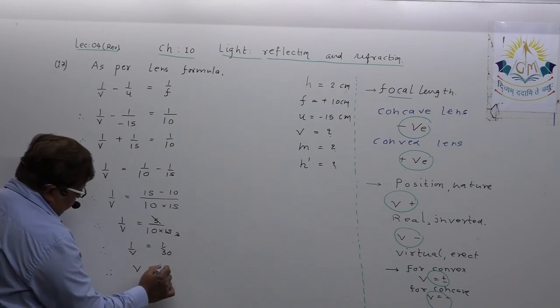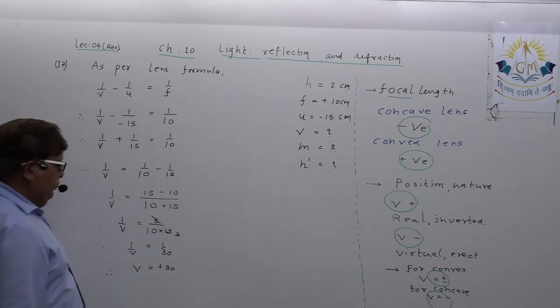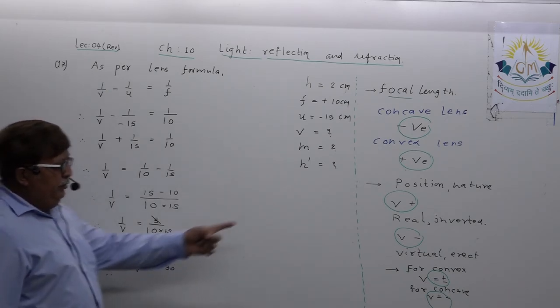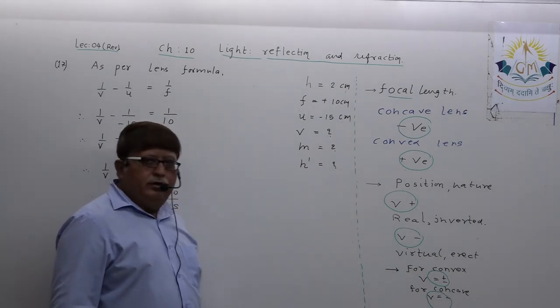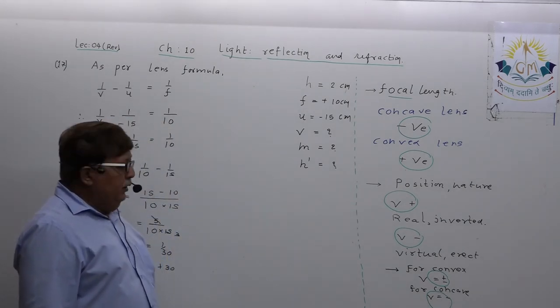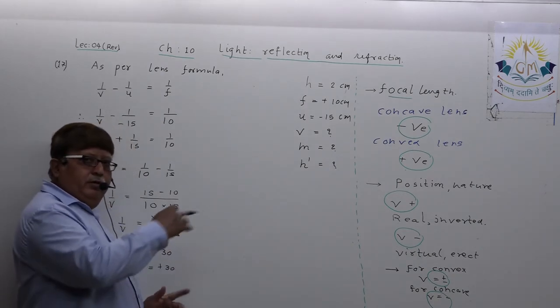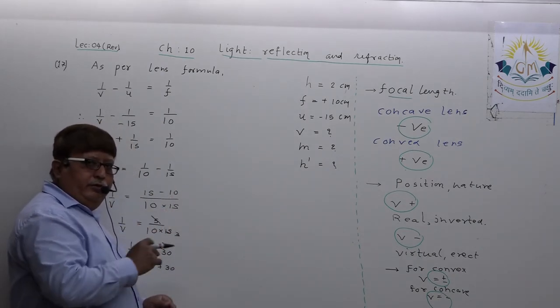So V equals plus 30. Okay, V positive, your concept: the image is real, inverted, and positioned on the other side of the